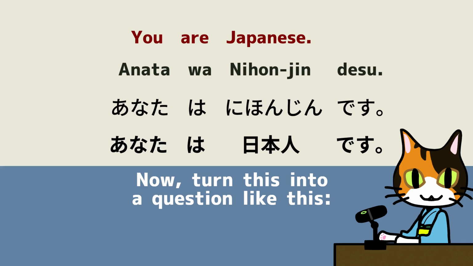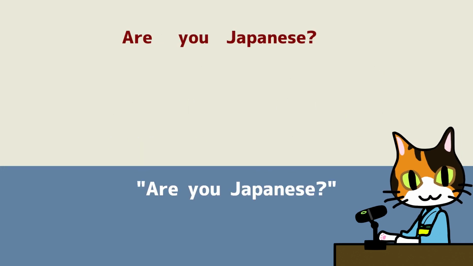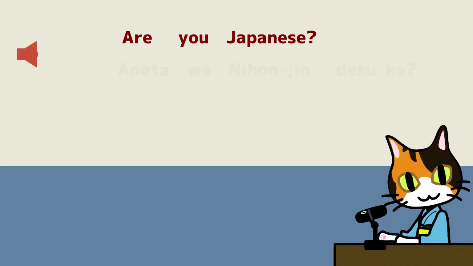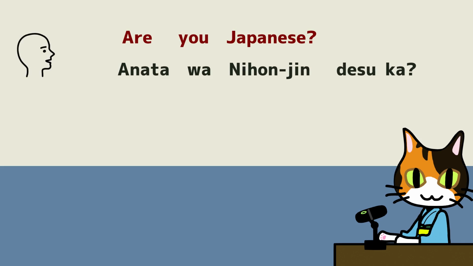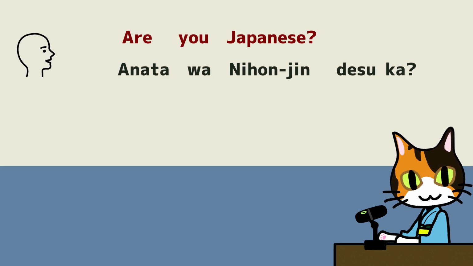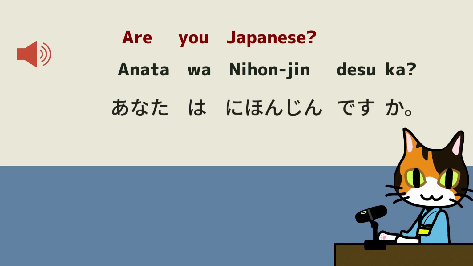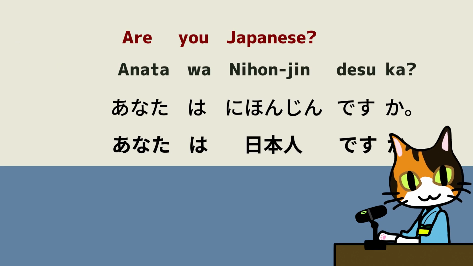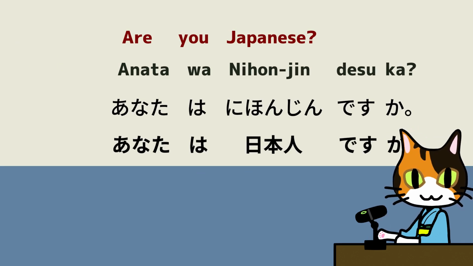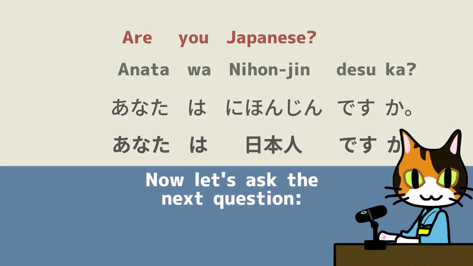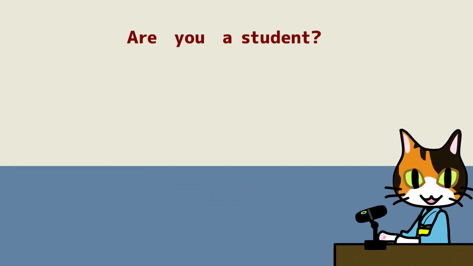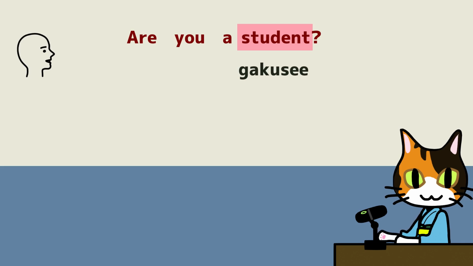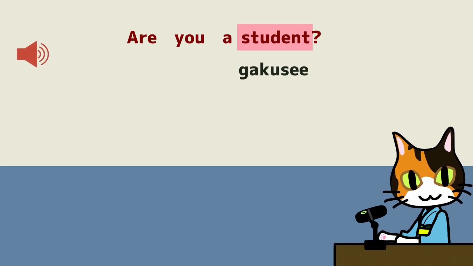Now, turn this into a question like this. Are you Japanese? Bravo. あなたは日本人ですか? You've already mastered it. Now let's ask the next question. Are you a student? In Japanese, student is said like this. 学生。